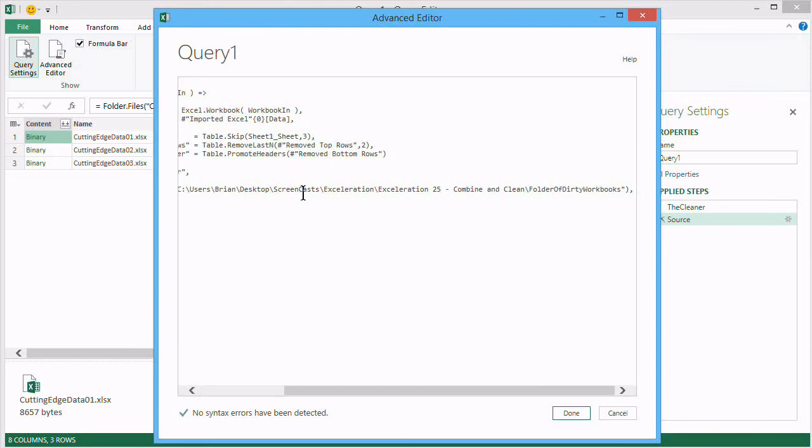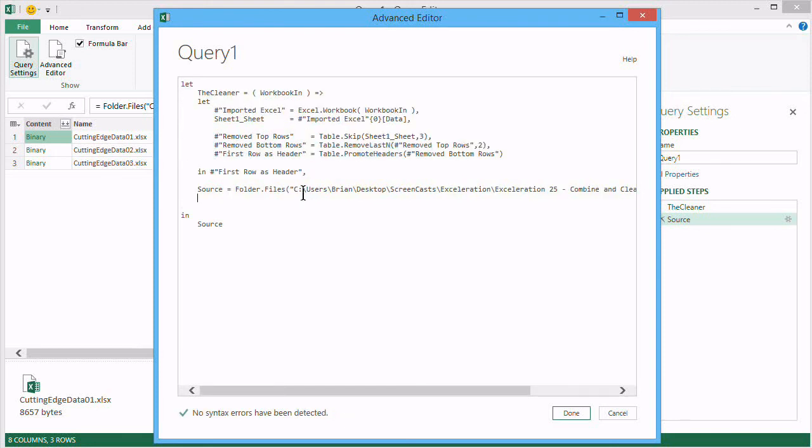We're going to add a comma, because you have to have commas between declarations. In fact, let's do 1, 2, 3, 4. We're going to call this cleaned. That's going to be the name of this particular variable. We're going to use the Table.TransformColumns